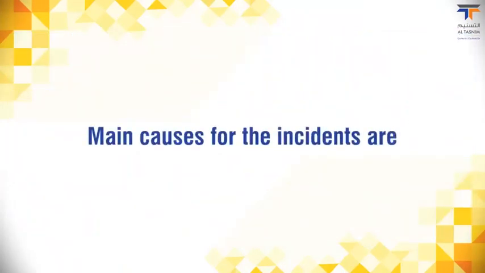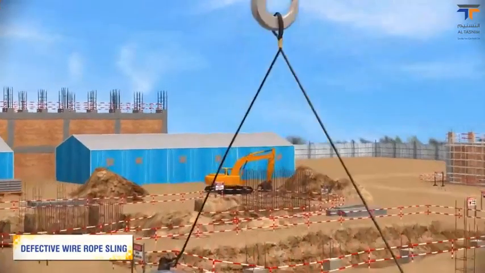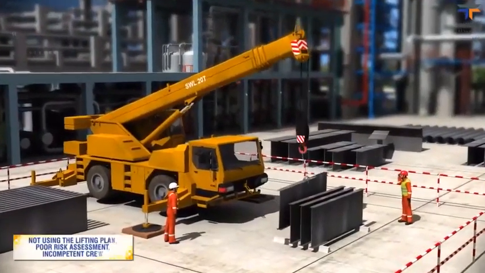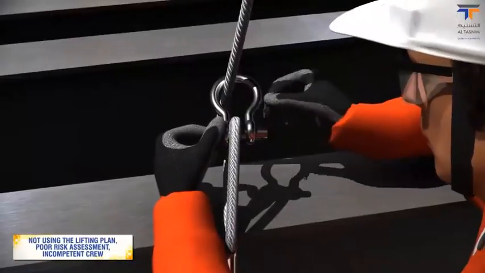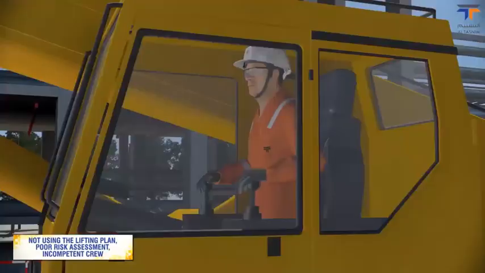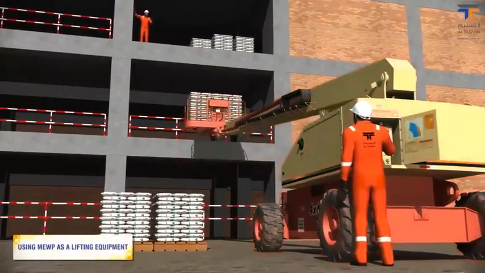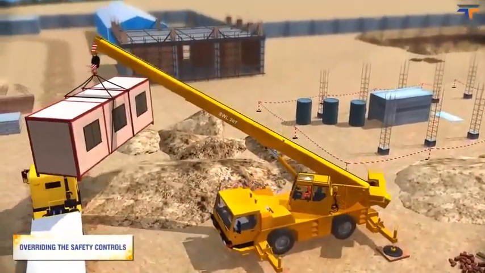Main causes for the incidents are defective wire rope sling, violation of the set procedures, such as not using the lifting plan, poor risk assessment, incompetent crew, using MEWP as a lifting equipment, overriding the safety controls on the lifting equipment,